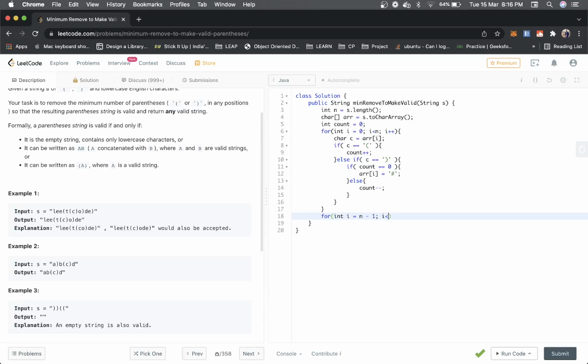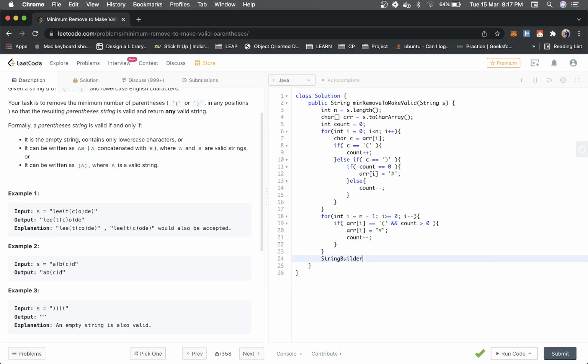that is i equal to n minus 1, i greater than or equal to 0, and i minus minus. Whenever we see current is equal to opening parenthesis and count is greater than 0, we mark it as a special character and decrease the count by 1. Now we have to build the answer.